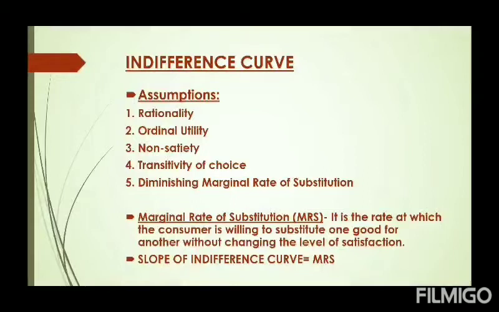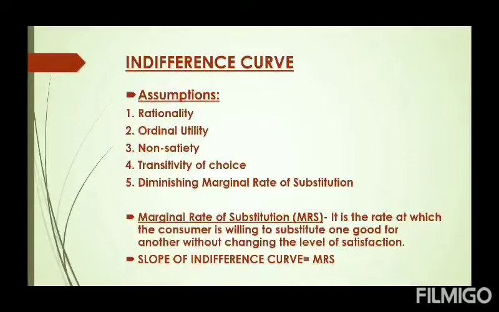In order to understand this assumption, let us understand what is marginal rate of substitution. Marginal rate of substitution means the rate at which consumer is willing to substitute one commodity for another commodity without changing the level of satisfaction. In our previous table, we have seen to get one additional unit of food, the consumer initially sacrificed 3 units of clothing. Then for the second one, in order to move from combination B to combination C, the consumer sacrificed 2 units of cloth. Then 1 unit of cloth.